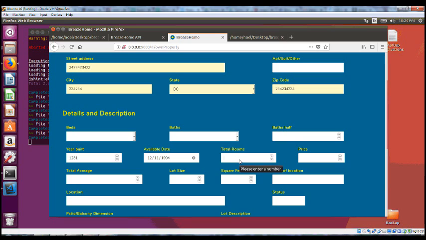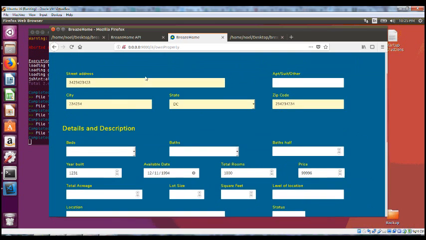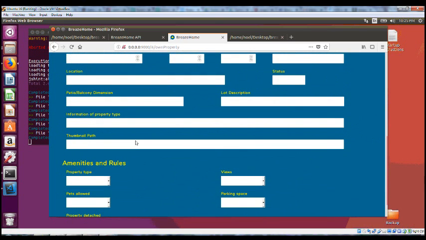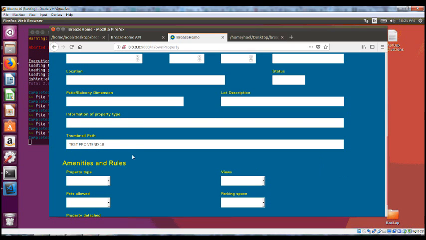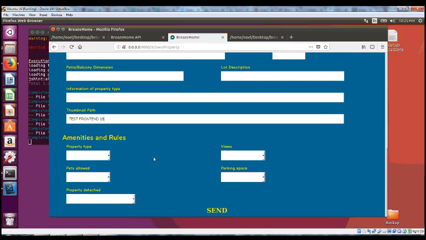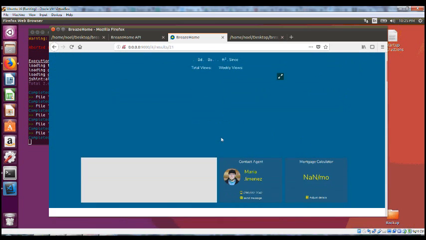But at least it has to be in the right format. Okay, so those are required fields. These are required fields, and the thumbnail path. Test front end, call this 18, and I think that's it. Let's go. Alright, so it created a property,